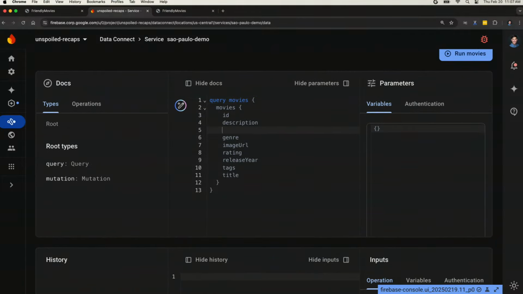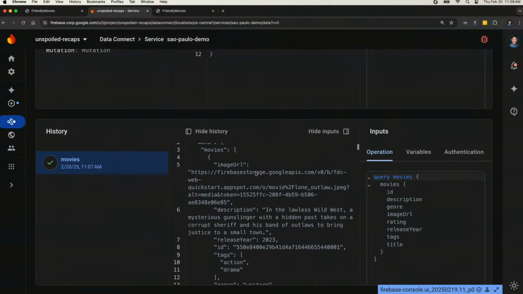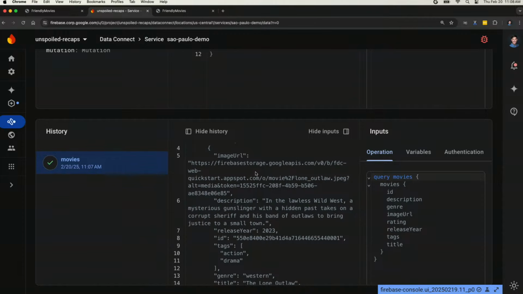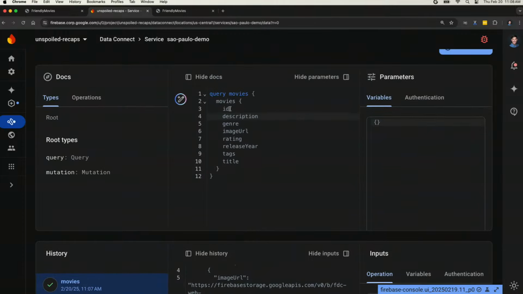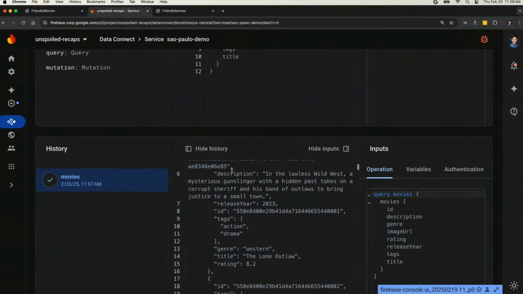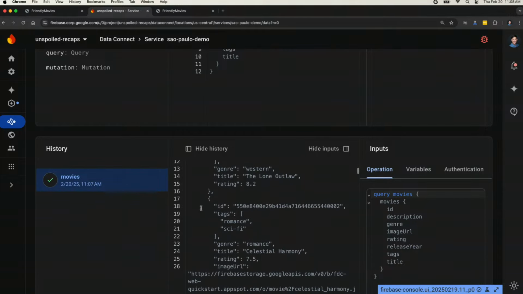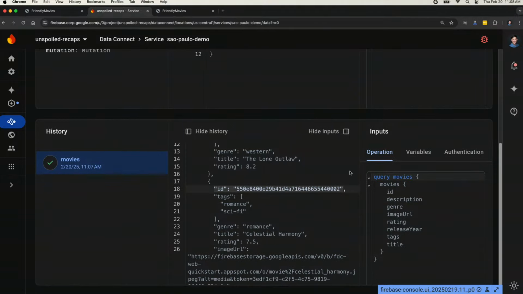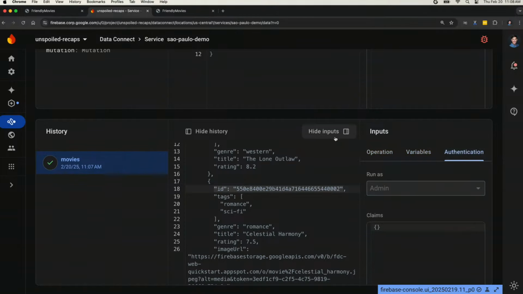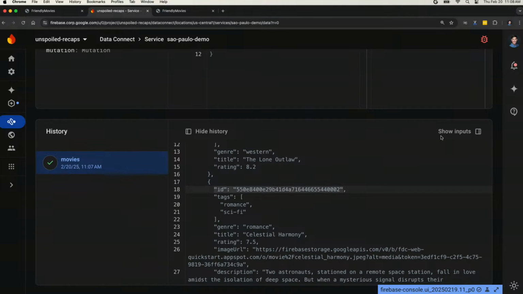Embeddings are gigantic, so we're going to remove those because it makes the results hard to parse. And look at that. I just executed a single query right there based on what was generated for me, and we get a JSON blob of all of those objects that were returned based on this object structure that we defined here, query movies, and then all of these fields within the movie. You'll notice here we have the first movie is Lone Outlaw. I'm actually going to steal the ID really quick. So let me copy that. You'll notice that the input was this operation, and you can even pass in what variables and authentication you want to run as, and we have a history of our executions.